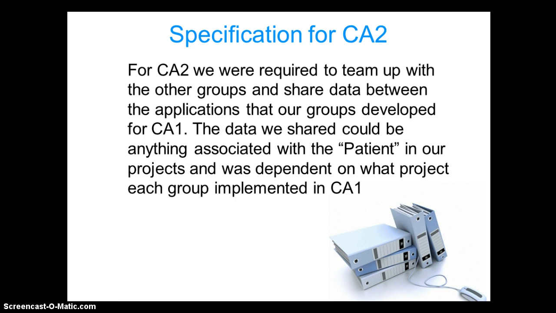So for our group, we implemented the child immunisation project, where the number of immunisations a child would receive at different intervals, like at 1 month, 2 months, 4 months, 6 months, a year, 13 months, were documented and loaded into a database. In addition to that, it was linked with the GP or the healthcare professional for that particular child,